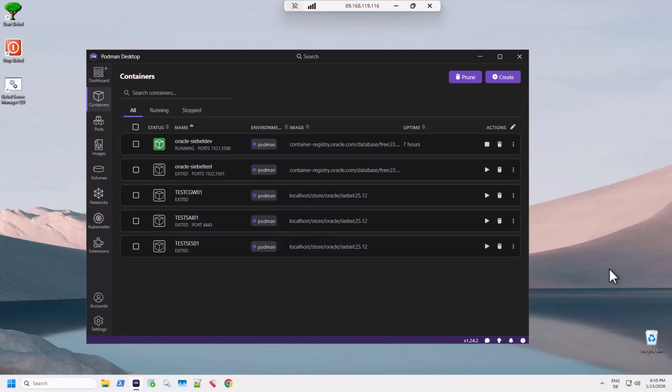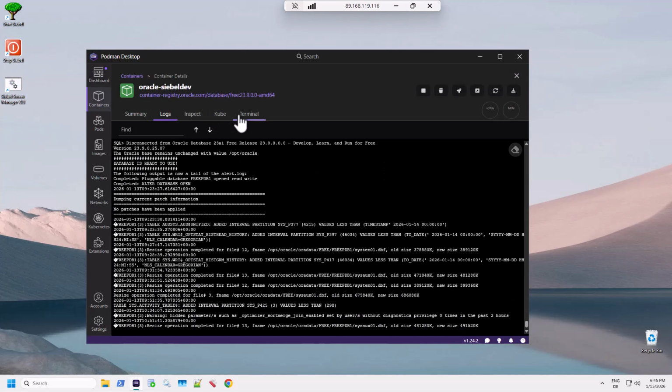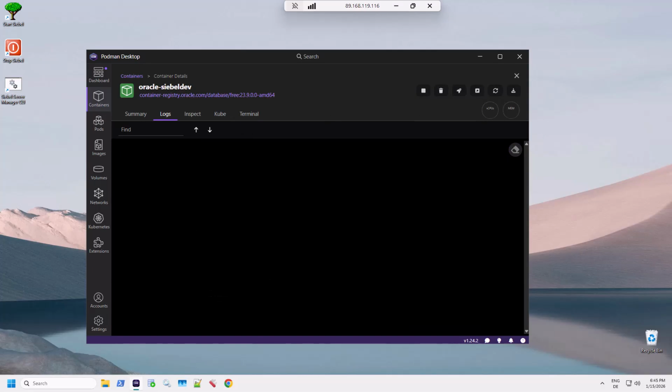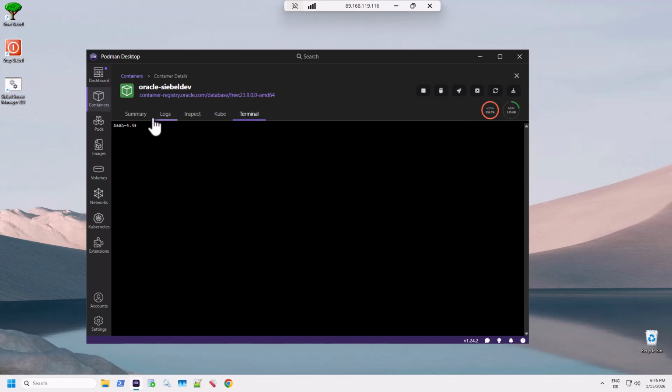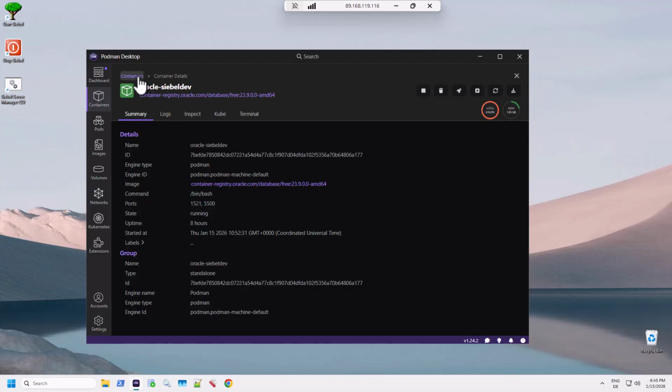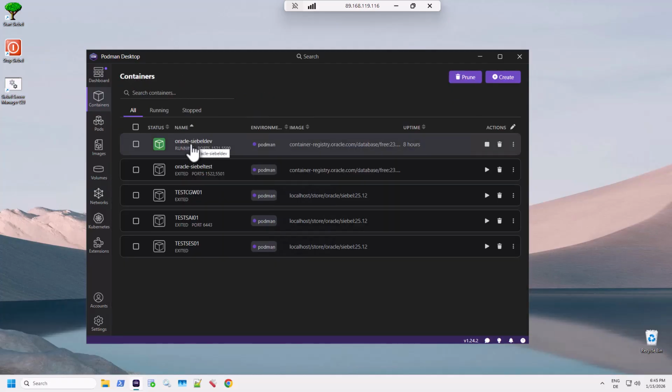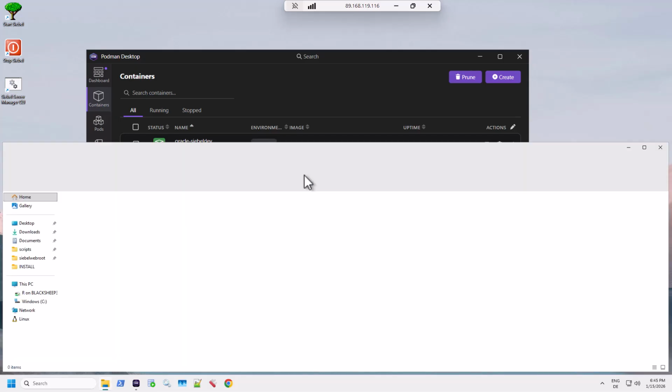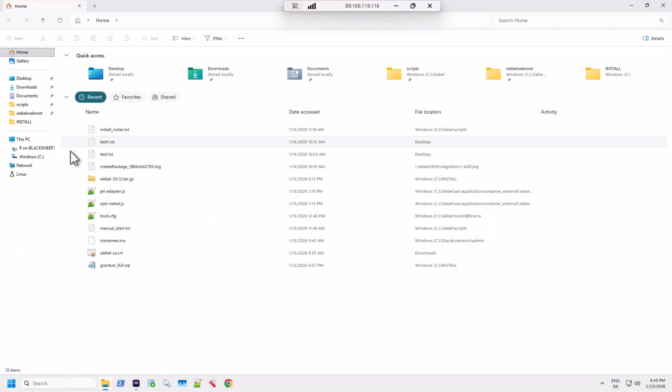If you recall from the previous videos, we have a Siebel development database which runs inside a podman container for Windows. It's a 23 AI free database, and this container is up and running. After having done the new installation for the Siebel database, we have installed Siebel with 2 language packs. So let's check out the Siebel Enterprise component installation on this machine,